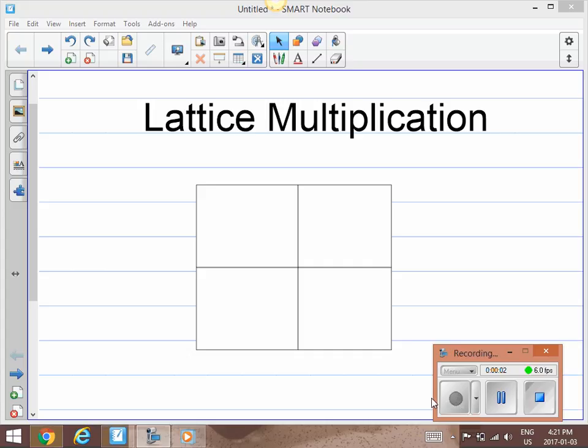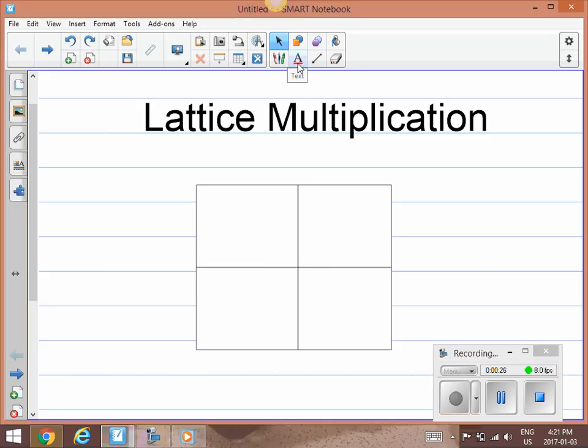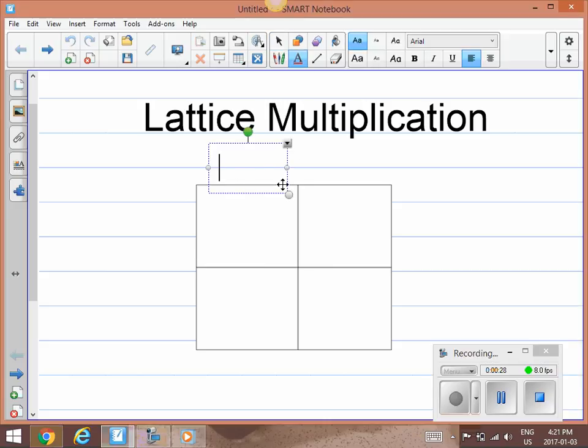Hello again, this is Lattice multiplication part 2, and I'm going to try this one differently. I am not going to do any of the writing. I'm just going to use my mouse and these handy dandy tools up here to show you again how this multiplication works. What I've done in advance is I've just drawn a little table,